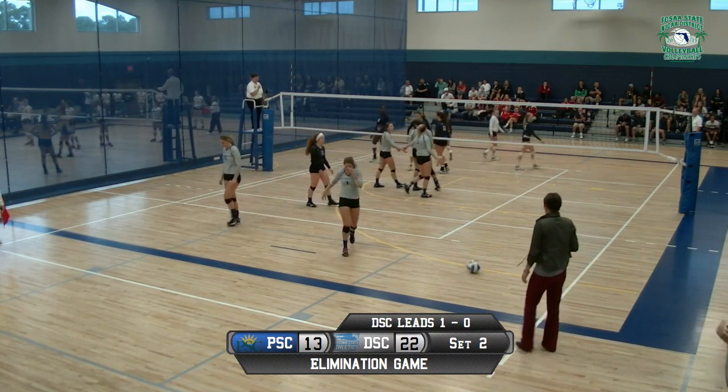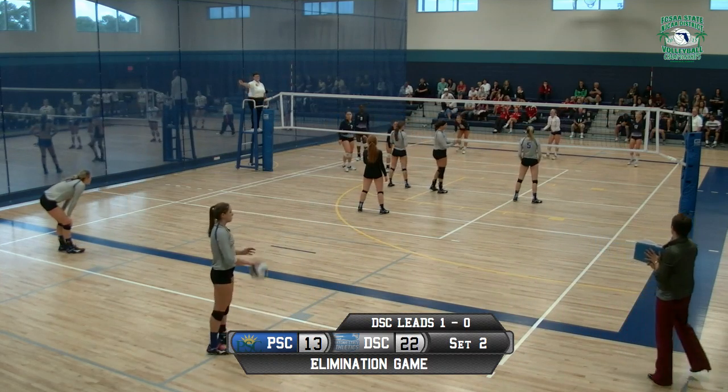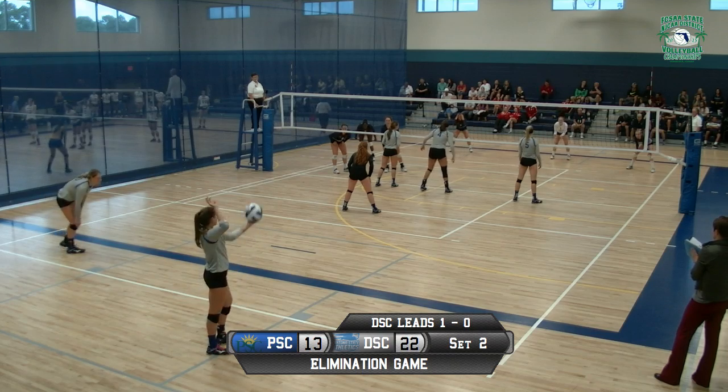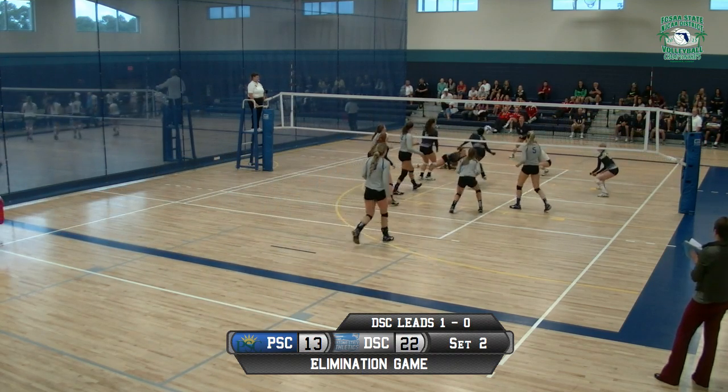Madison Rogers. Like I said, she actually won the last game blocking somebody. And she's the shortest person on the court right now. Just speaks to her vertical, and great block move by her. An overpass